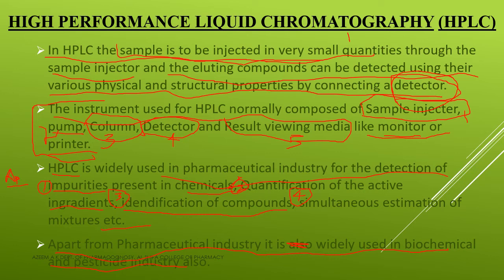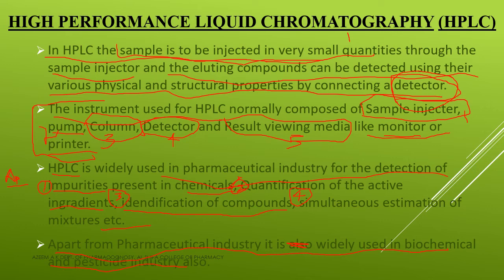So HPLC is high performance liquid chromatography. It is an advanced version of the column chromatography. Here high pressure is applied, that is pressure may range up to 5000 pounds per square inch. Okay, that pressure will be applied, and here the column is made up of stainless steel. So stainless steel columns are generally used to withstand the high pressure which we are giving initially. Inside the stainless steel column, a bed of silica based silanol group is coated as the adsorbent.